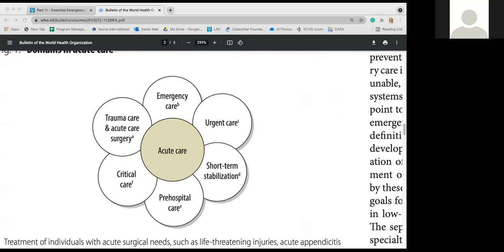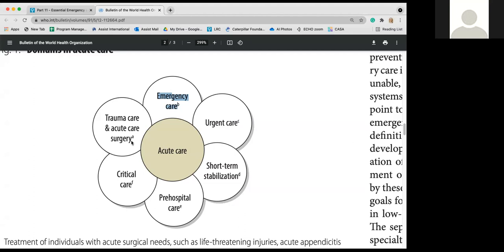That's pre-hospital care, and it's a continuum. From that, we need short-term stabilization, which can be done in our system at a district hospital. Then urgent care, where after stabilization they think about the next step and may need further optimization, and then emergency care, where they are prepared for definitive treatment,